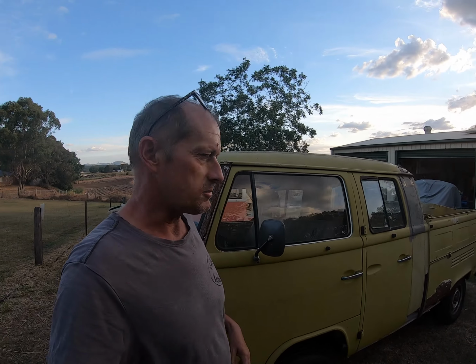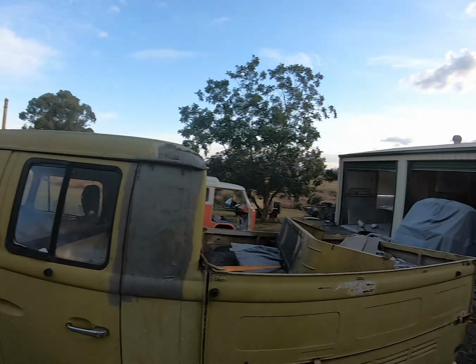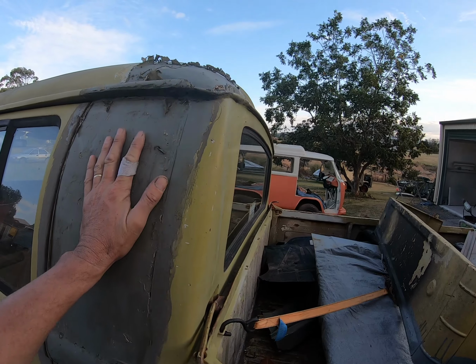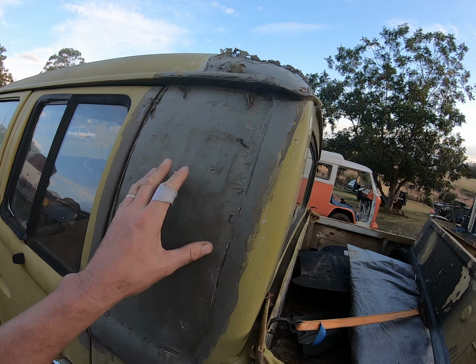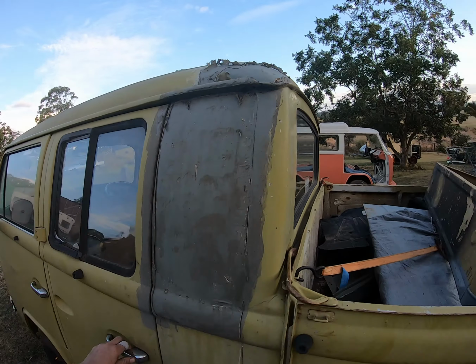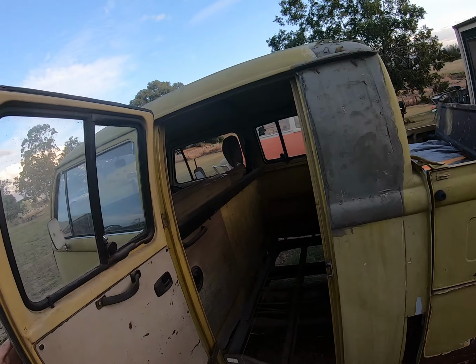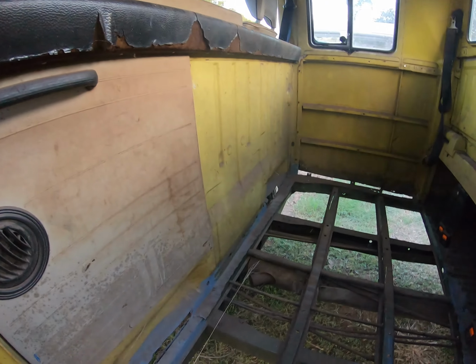So the aim of this one is not a full restoration. It is basically just to make it roadworthy, so take care of the rust. Now there's been some previous repairs and I'm not actually even sure what's in behind there. I'd say it's fiberglass. So the owners have started, hang on a minute,